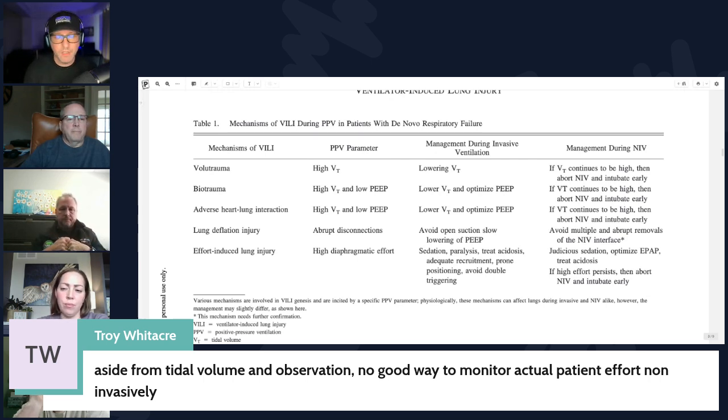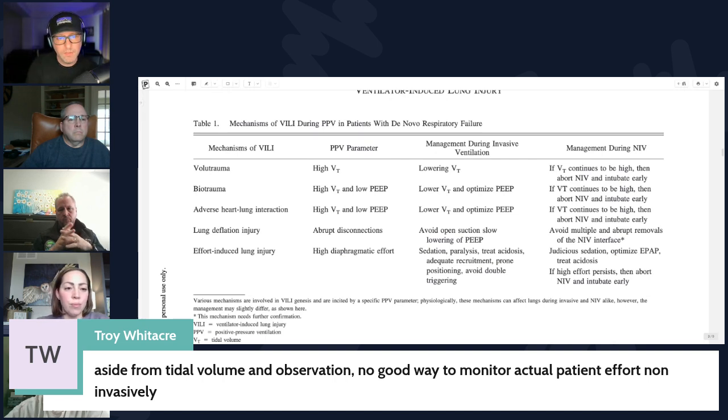Yep. Excellent. And actually, I'll let everybody know, if you pay attention to Respiratory Care, when the April edition comes out, there is a paper by a group out of Argentina that looked at non-invasive ways of measuring things like POC or P0.1 during non-invasive ventilation. There are some limitations. It's not ready for prime time. In fact, my friend and colleague Felipe Damiani and I wrote an editorial for the paper, but it should be in April's Respiratory Care. So just keep an eye on that. And again, it's a move forward.